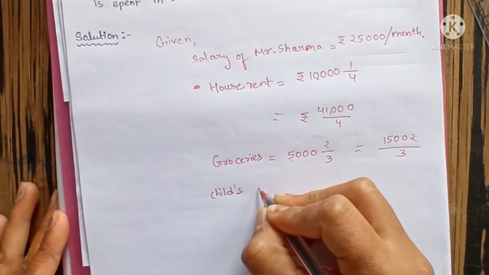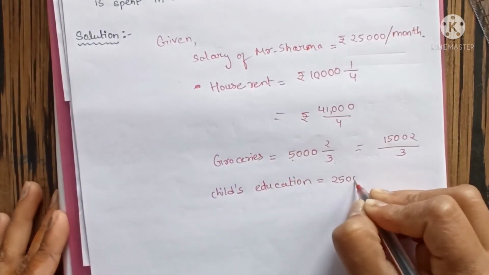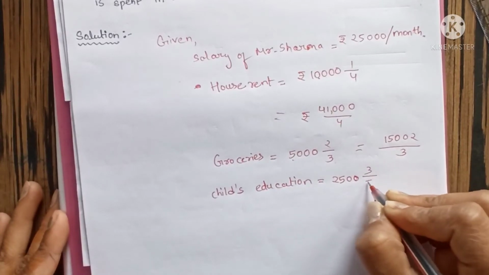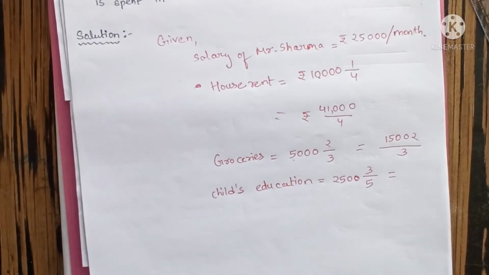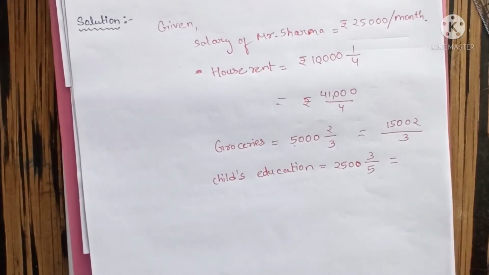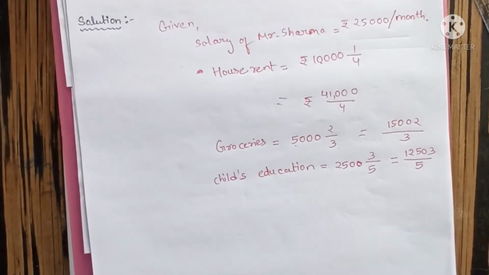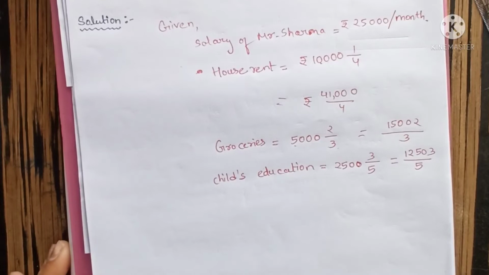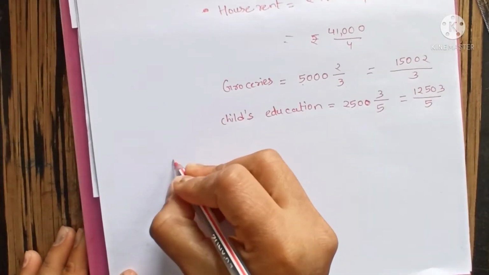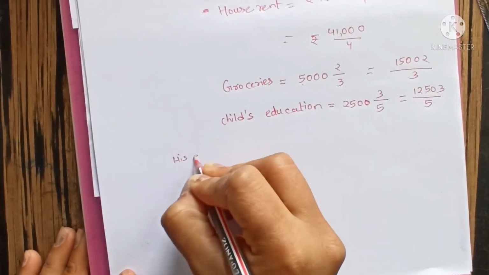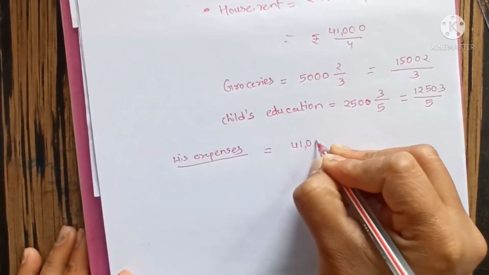And Mr. Sharma is paying for his child's education. So what are the expenses over here? 2,500 whole 3/5. So if we multiply this here, it will become 12,503 by 5. So this is child's education. Okay. Now the question is asking how much money is spent in total. So how much money he is spending. So we need to add all his expenses, right? His expenses are house rent, that is 41,000 by 4,